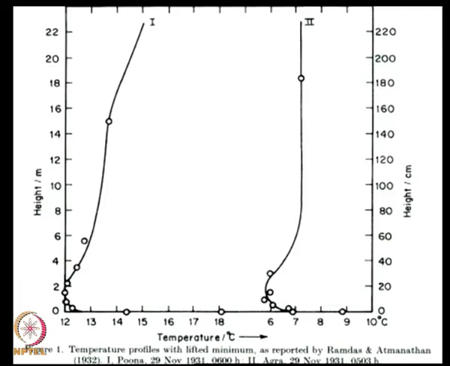So, that is the only possibility one can imagine, that there is some interaction between conduction heat transfer near the ground and radiation heat transfer, which somehow leads to this interesting feature. So, in order for you to solve this problem, you have to set up the basic equations for conduction and radiation,